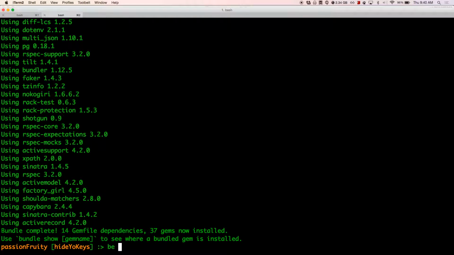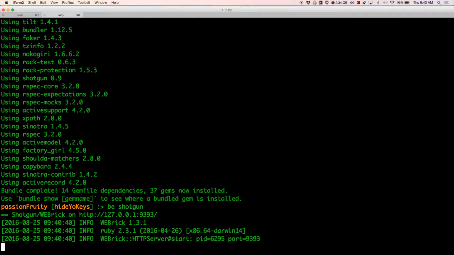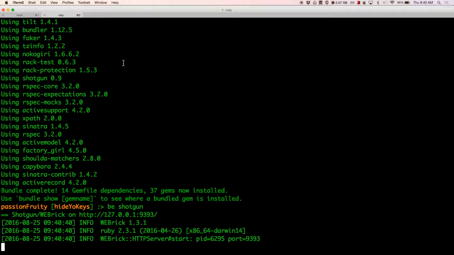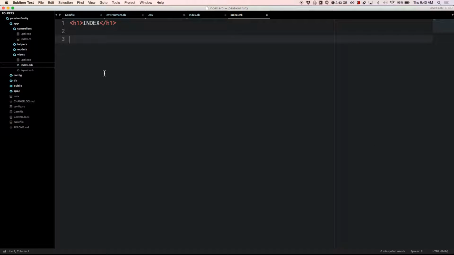And let's confirm that that's up and running. Bundle exec shotgun. Off to the internet we go. Hi ho, hi ho. I got an index. Yay, so that worked out. Great. Now, to confirm that we have these keys,